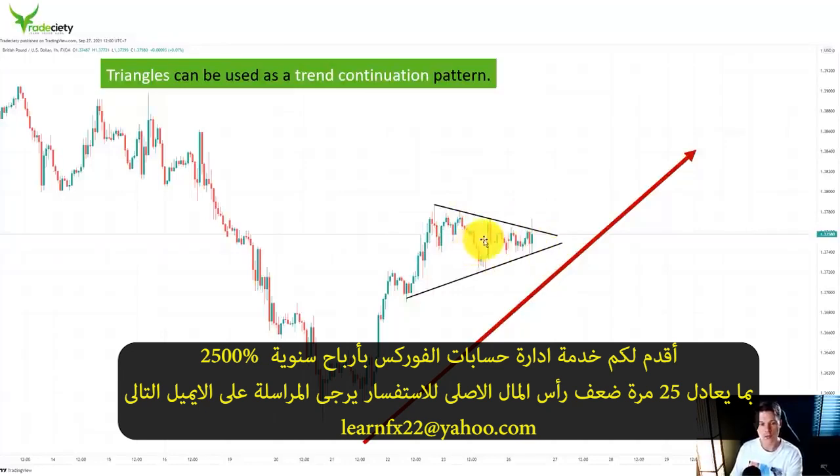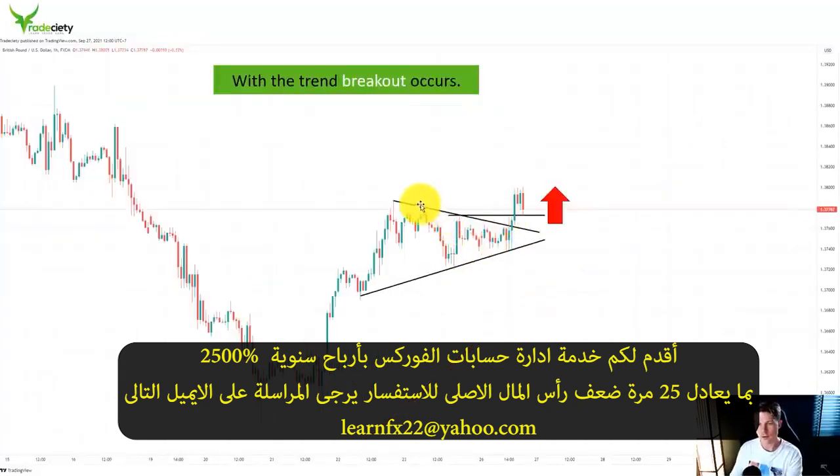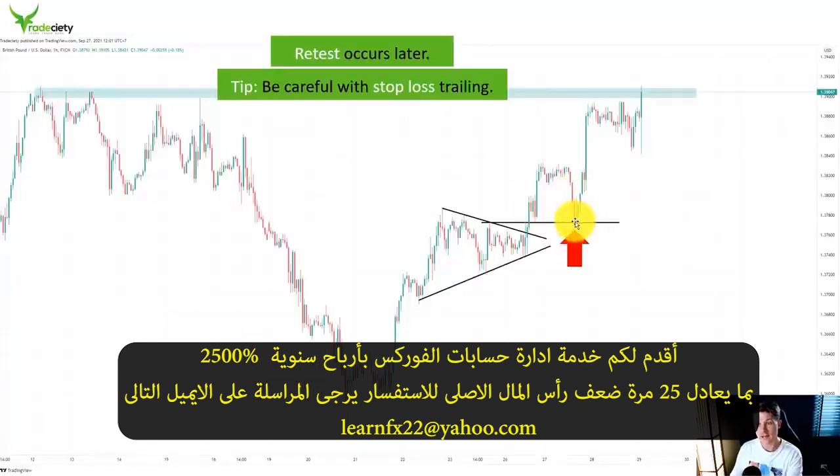And again, what we want to do is we wait for the market to break out of the trend line, and we also want to make sure the market is breaking the last significant swing high. And you can see we have a breakout, we have a retest as well, and we have a later retest here once again. That's why I keep saying in so many of my videos that if you're using a stop loss trailing approach and if you're using a break-even stop loss, give your trade some time, because those retests are